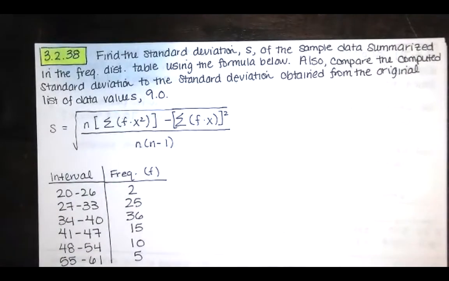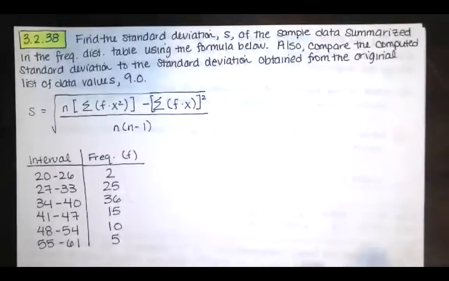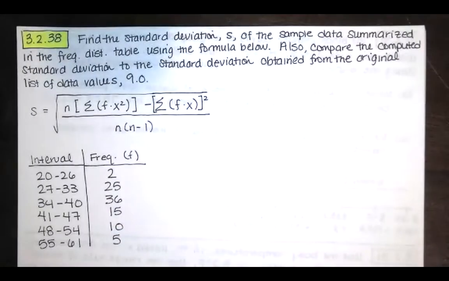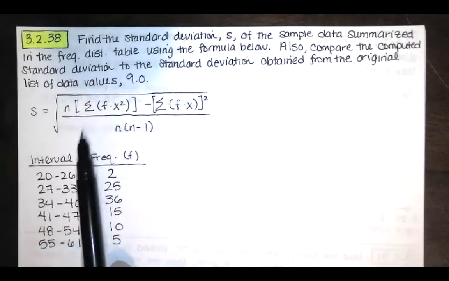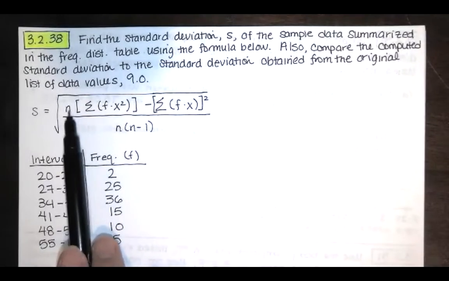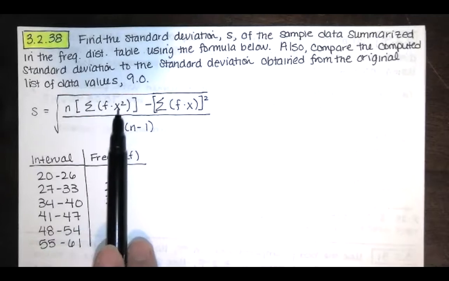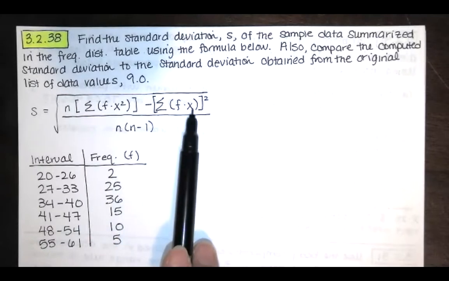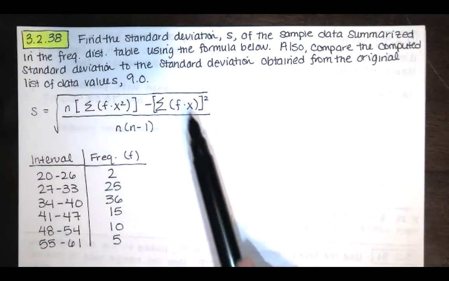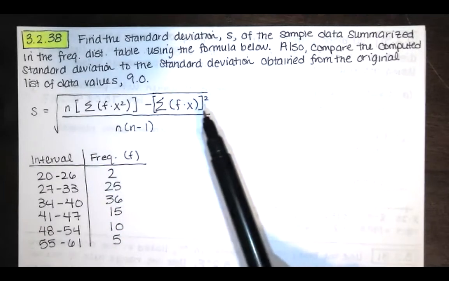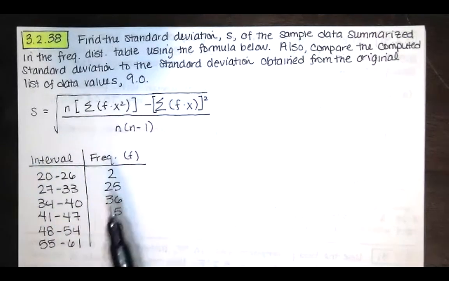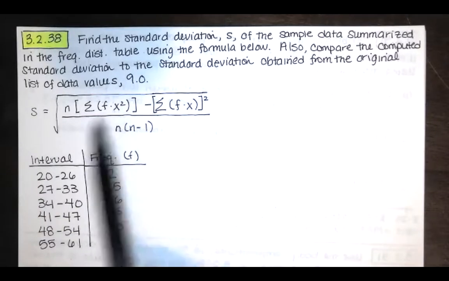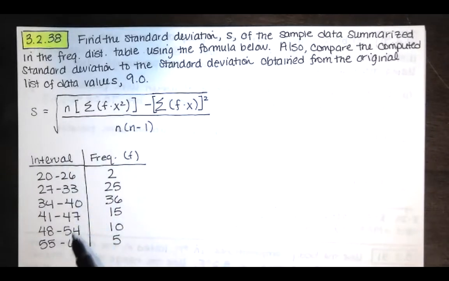So here's our problem statement, and here is the frequency distribution, but I've organized it differently. I wrote the data in columns rather than rows. So this tells us that rather than taking n and multiplying by the sum of the x's squared and subtracting the sum of the x's, since we don't actually have all those x values, meaning we don't actually have all of the data values on our list, but we have this frequency distribution instead, what we're going to do is use the class midpoint for each of these classes as an approximation of the value of each of the values